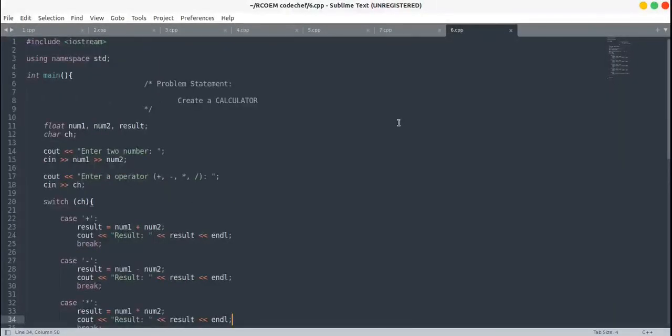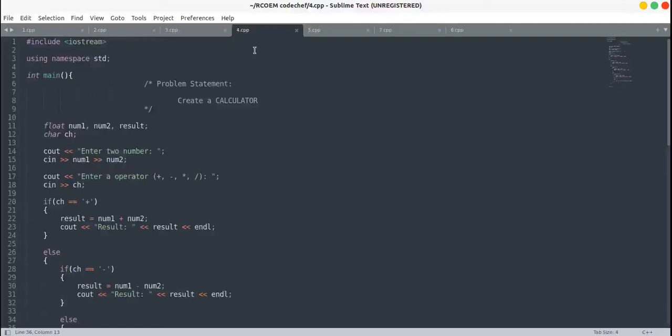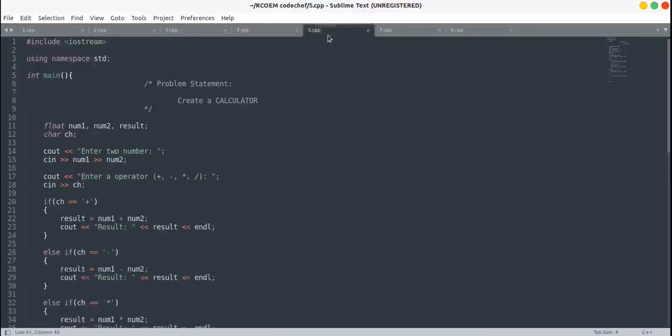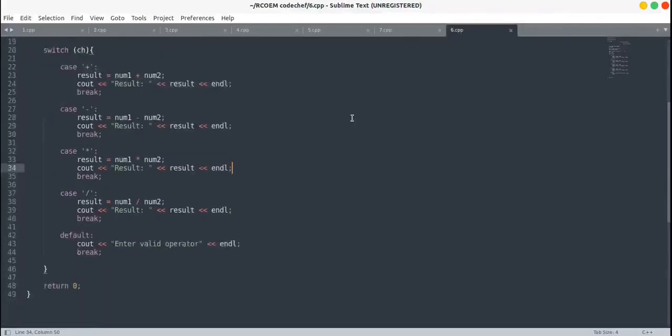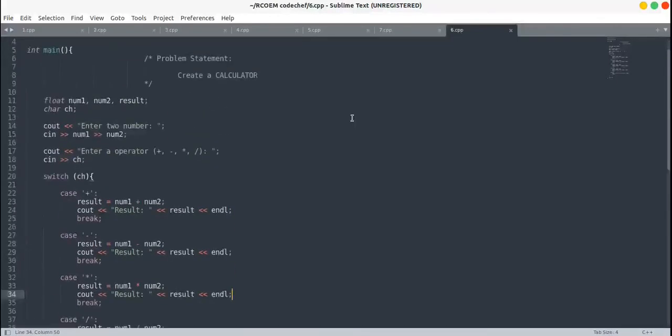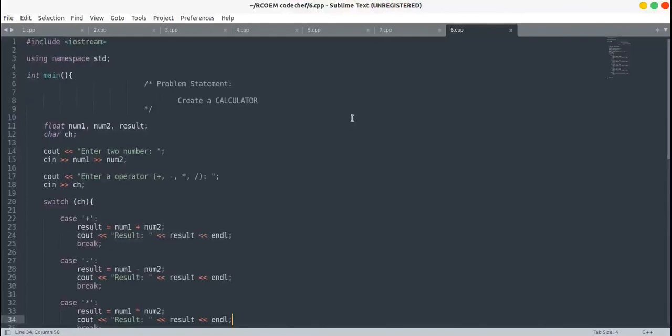We have solved one question in 3 different ways using if-else statement, nested if-else statement, and switch statement. Now you may ask, why do we need 3 different ways? Generally, we use switch statement because it is easy to debug and maintain the program, but it depends on the problem. If you have many conditions in a problem, then it is considered good to use switch statements because it is easy to maintain and read.